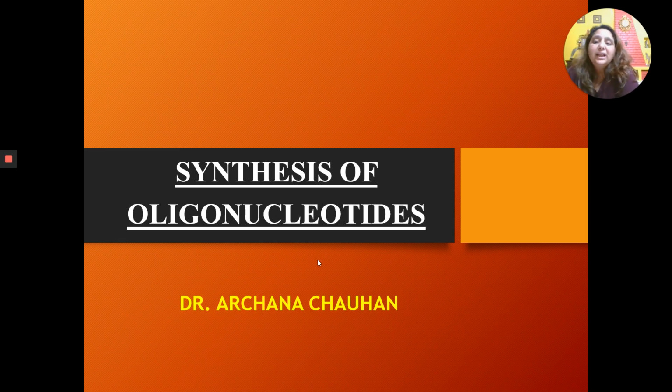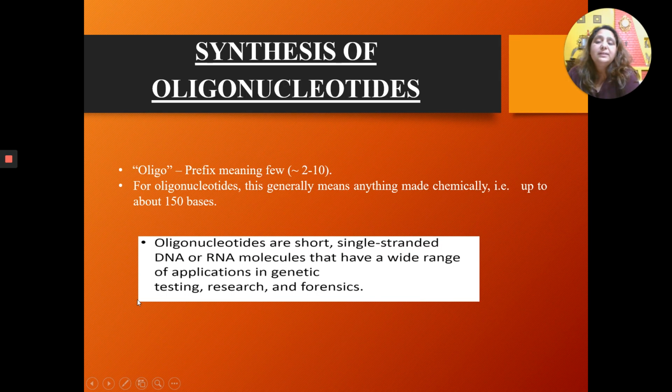So therefore, our next topic is synthesis of oligonucleotides. Before I talk about it, the term oligo means a few. Few means between 2 to 10. But generally, oligonucleotides are synthetic molecules which are synthesized chemically in the industry, and they can be anywhere between 2 to